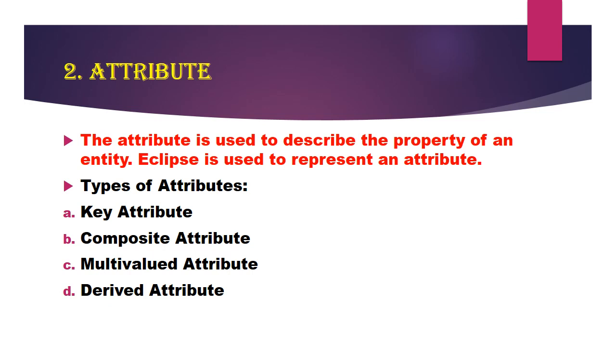The last type of attribute is derived attribute. A derived attribute is an attribute that can be derived from other attributes. For example, age can be a derived attribute, because age can be derived from the date of birth. Date of birth is another attribute of an entity like a person. The other component of the